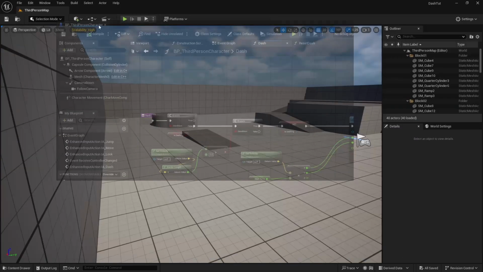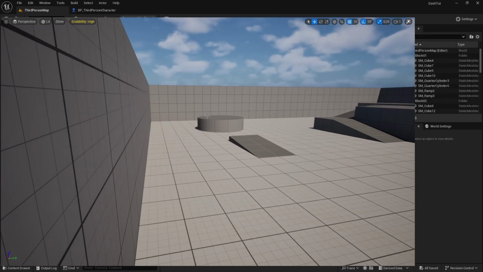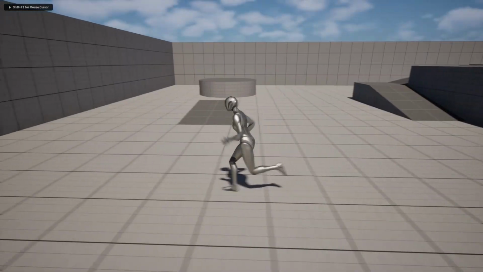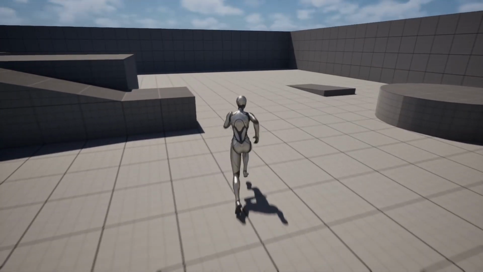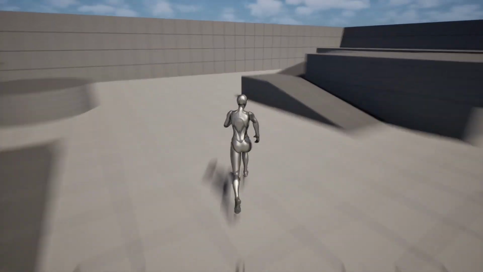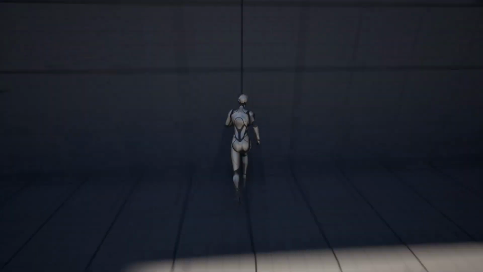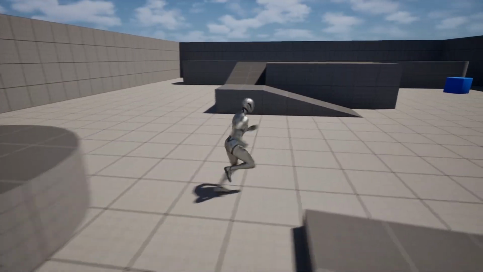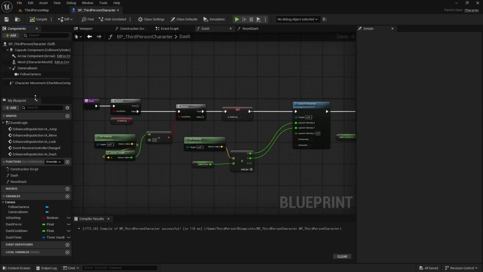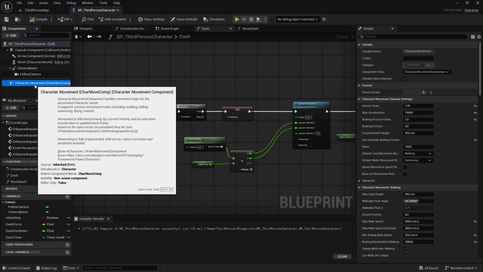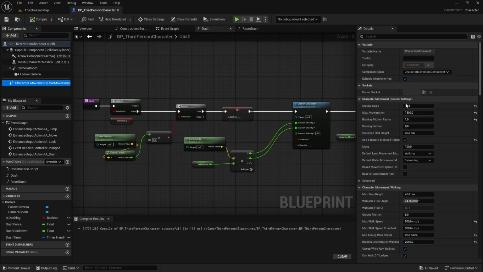So let's go back to Unreal here and let's hit play to see if this is working. So now if I'm walking and if I press shift, as you can see, we add a force to the character, but now we don't have any friction, right? So let's fix that. And to fix that, let's go back to the third-person character blueprint, and here let's select the character movement component. So here in general settings, let's disable the use separate braking friction, this one here, and